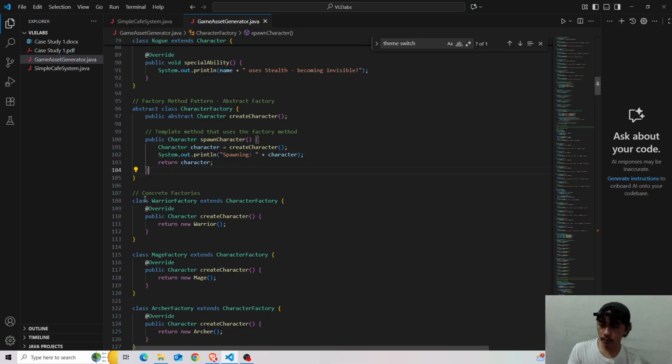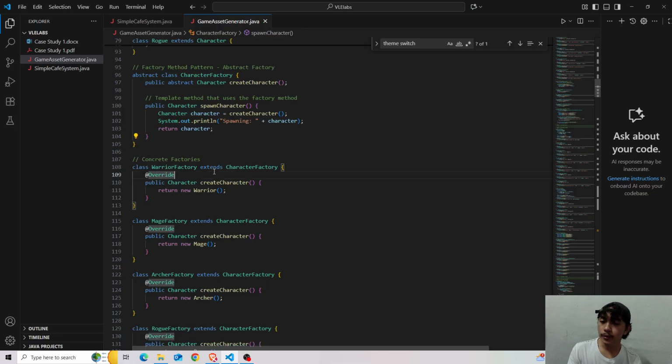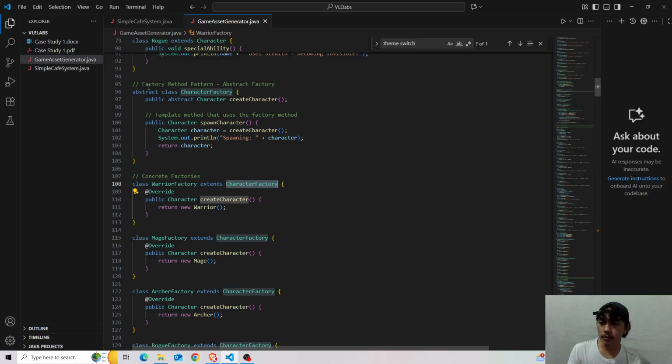So for the first one, the warrior factory extends the character factory, which is our factory method here, the concrete factory here, sorry, this was concrete factory. So the character abstract class is the abstract factory, right?